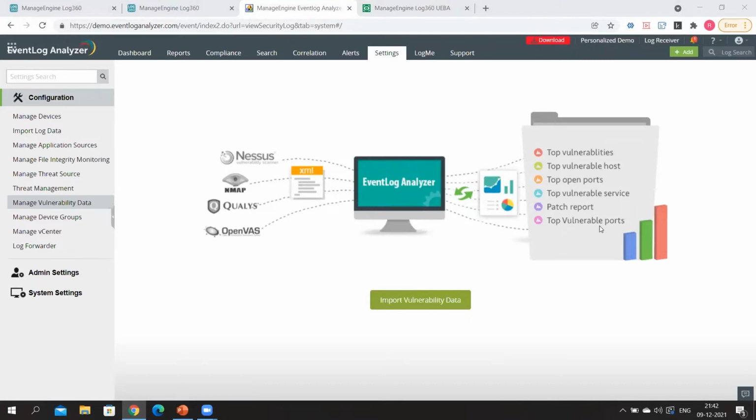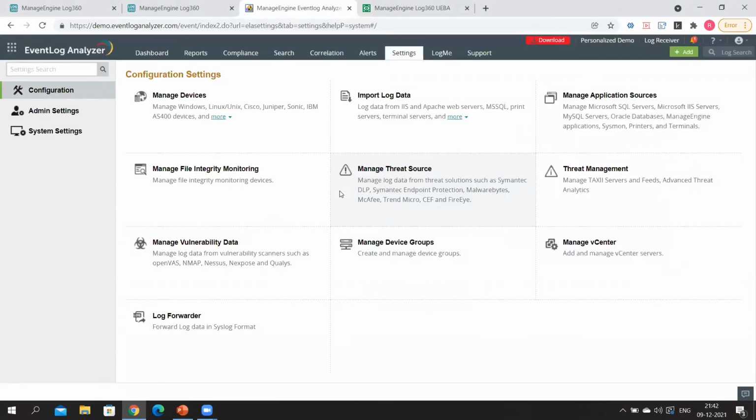Now, all of these reports are provided out of the box, right? So whether it's your vulnerability scanners, your application sources, your network devices, everything that we talked about so far, support for that is provided out of the box. And you can get all of those reports and you can make intelligent decisions. But